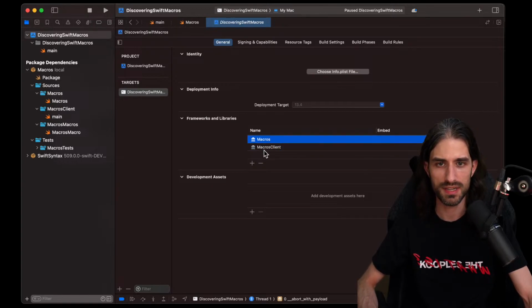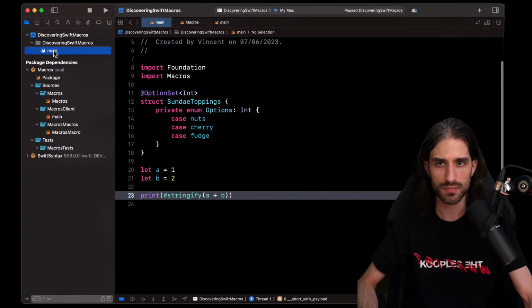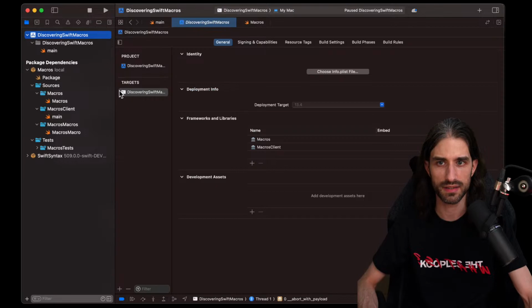Or maybe here I have macros and macros client, and maybe I shouldn't have the two of them. Maybe I should only have macros. Maybe, I don't know. Yeah, because this macros client feels like an executable. So this shouldn't be something that is imported inside my macOS app. So let me get rid of it.